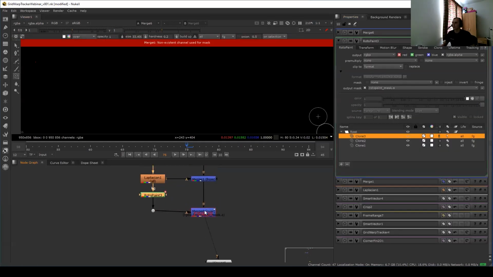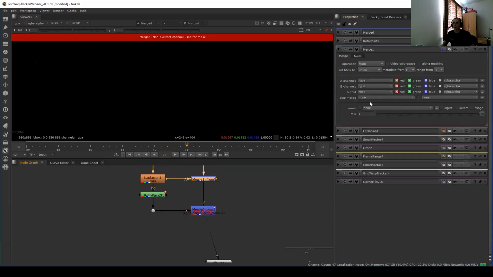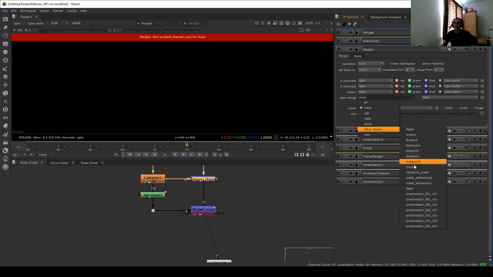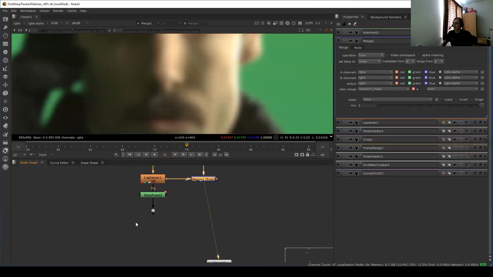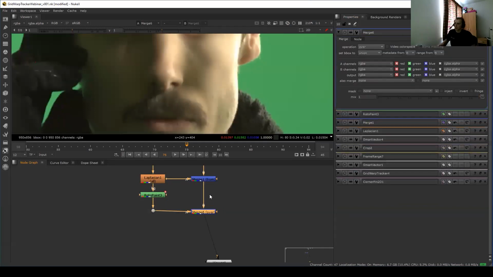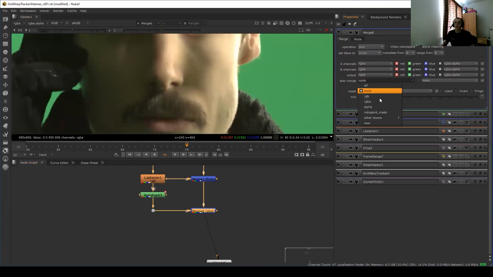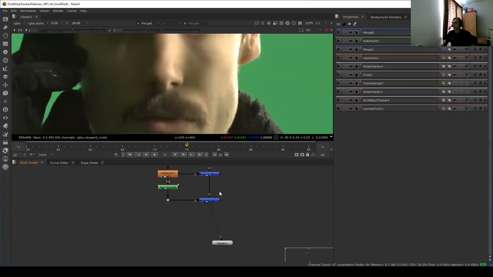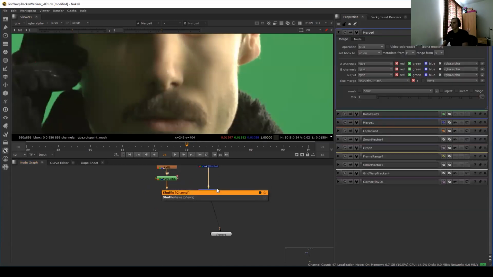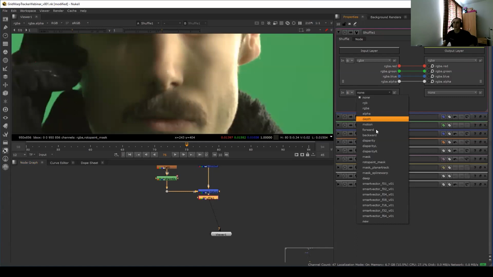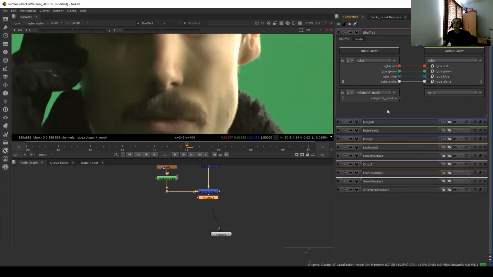And another mask, sorry. Also merge rotopaint mask. This will be a plus. Also merge our automatic masks. So that if I now shuffle my rotopaint mask, and this is the new Shuffle node in Nuke 12, if I shuffle my rotopaint mask into my alpha, we can see that that's the area that we actually did for the